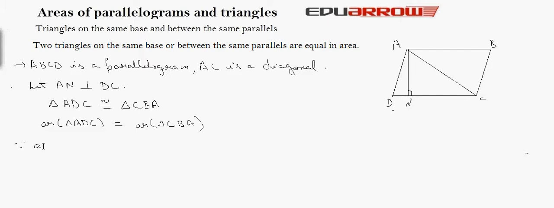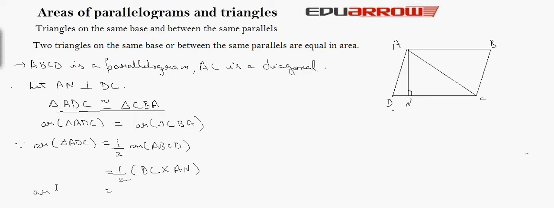Therefore, area of triangle ADC is equal to half of area of parallelogram ABCD, or half of DC into AN, because we know that area of parallelogram is equal to the product of its side and its corresponding altitude. So we can write